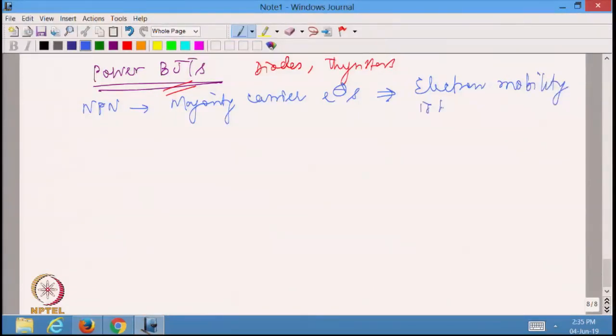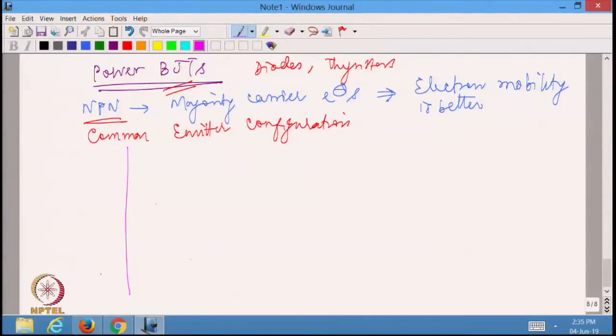That is the reason why generally we go for NPN and not for PNP. And normally we look at this in common emitter configuration, where I am going to give a base drive, and normally you must know that transistors have 3 regions